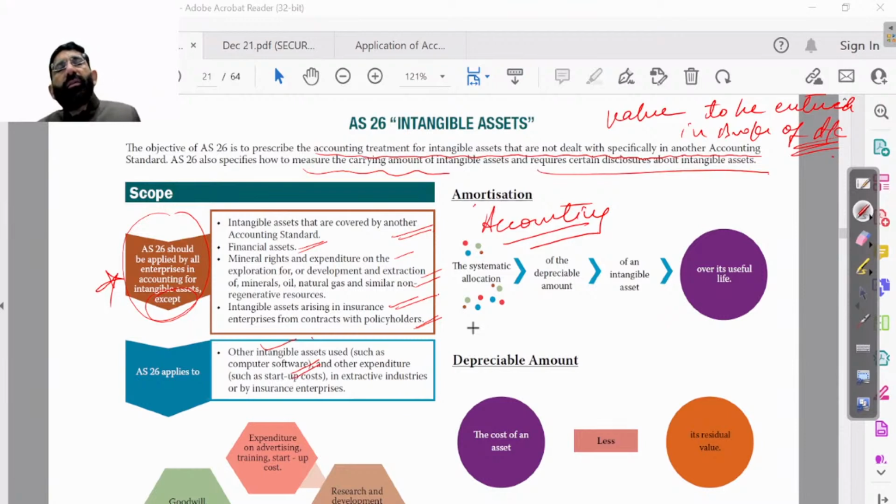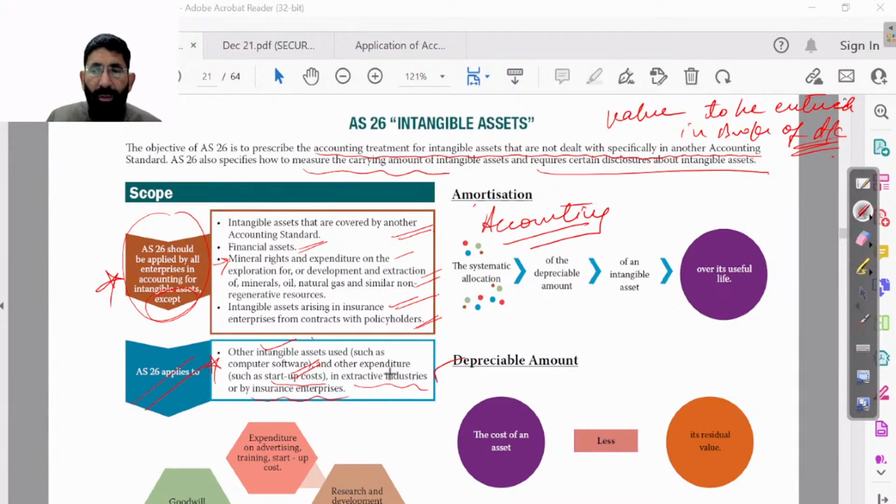And then last but not the least, obviously disclosures, whatever is required, it will be specifically applied to other intangible assets. As I'm talking, it has been specifically mentioned that it will cover computer softwares also. Other expenditures such as startup cost will be covered. In extracting industries, it will be applicable. Now, the mineral right taken by us, expenditure on the exploration for development or extraction of material, that will not be covered. But this AS will be applicable on extractive industries